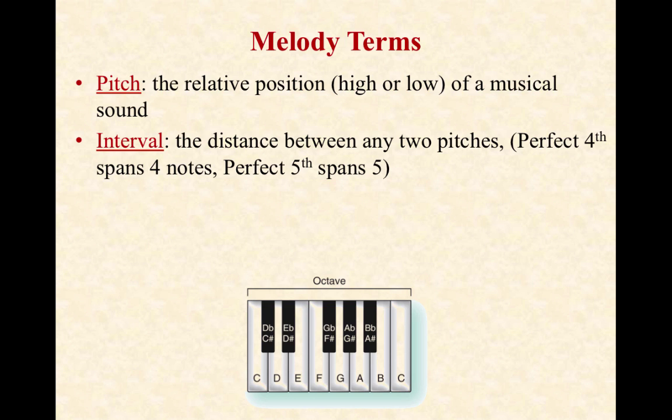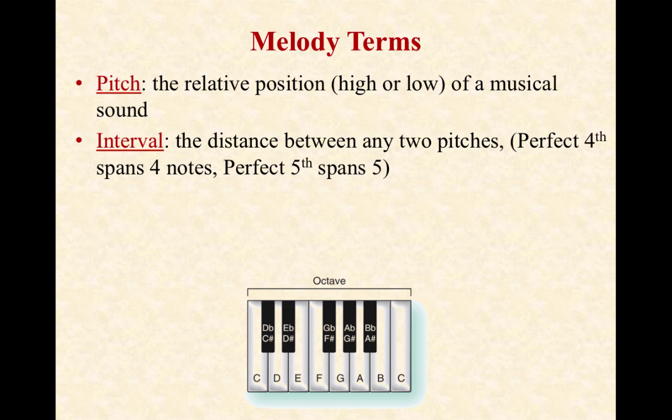When we describe melodies, we're going to have to use some vocabulary that somebody learns in their very first piano lesson this semester. Look to the left of two black keys, and that note is called C. Pitch is the relative position, high or low, of a musical sound. So the pitch a flute might play is going to be higher than the pitch a tuba might play, which would be quite low in the bass range.